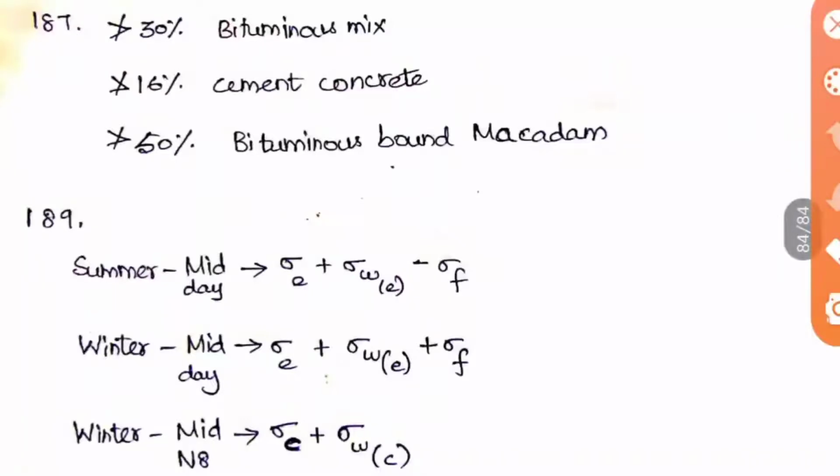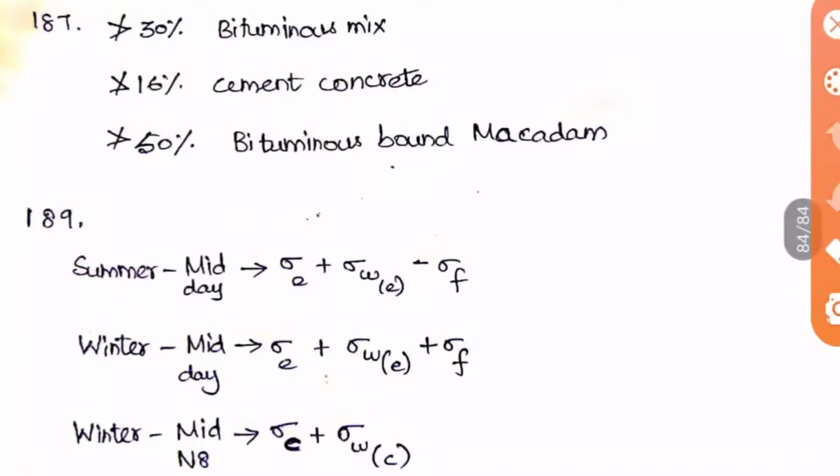So the first is sigma E. Generally in the book they will be expressing this stress as sigma only, but in the question they have given us LW like that. The first one is the wheel load. The wheel load itself is categorized into two things: one is the edge stress and another one is the corner stress. If it is the edge stress we'll denote it as sigma E, and when it is a corner wheel load we'll denote it as sigma C. Sigma W means it is warping stress, sigma F means it is frictional stress. For sigma F there is sigma F only, but sigma W, the warping stress, also has two categories, edge stress and corner stress.